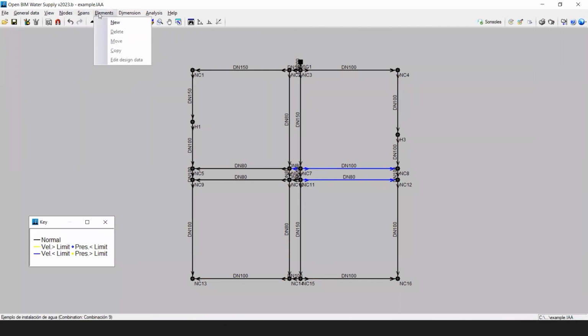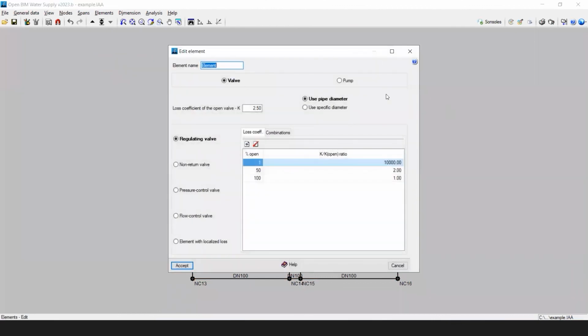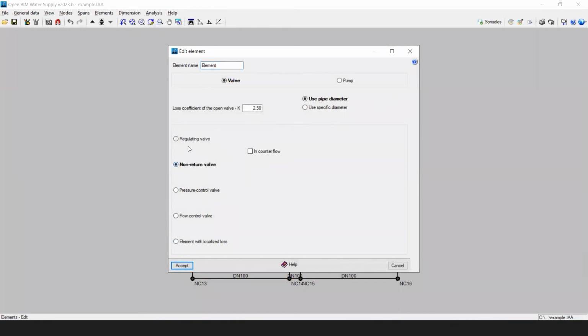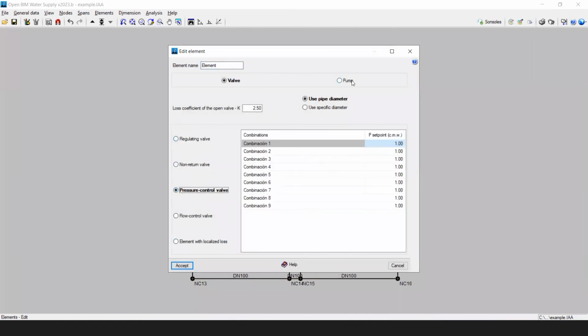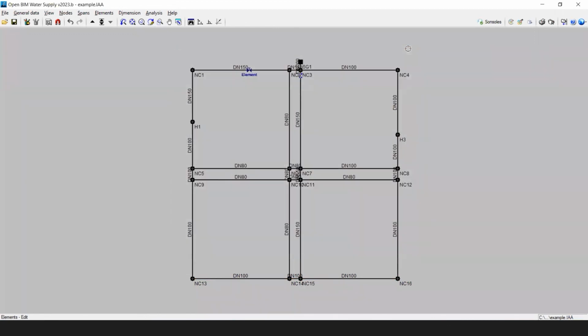different tab from the other software, which would be elements. So we could add a new element in between the spans. If I click here, for example, and go ahead and edit that element, we have valves and pumps. And we have all this data that we can actually customize for those valves and pumps. So we will have to generate the characteristic flow and determine the curve for the elements. But anyone who knows about water supply knows that those are the elements that we need to generate a